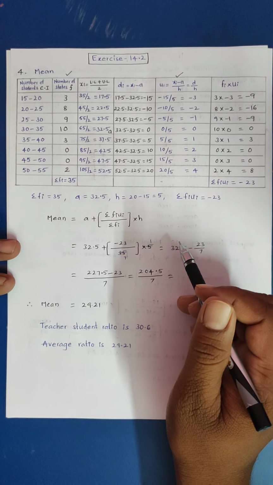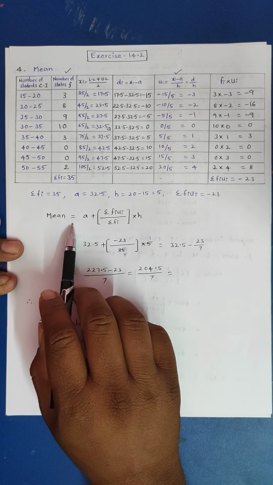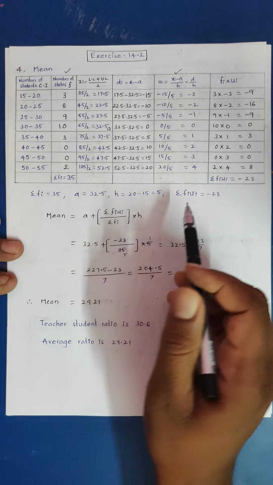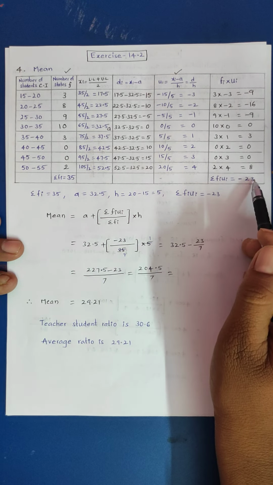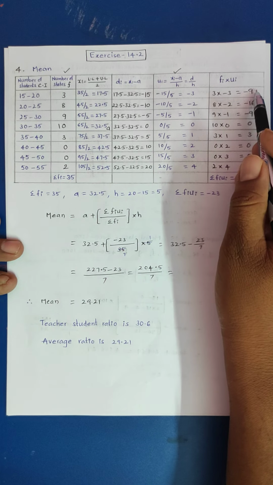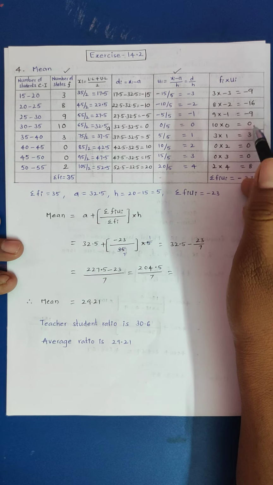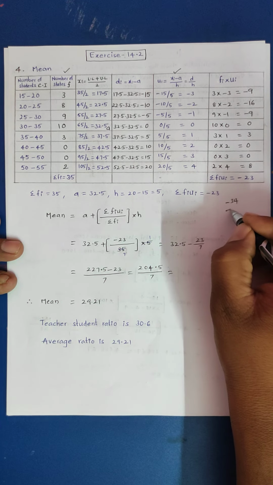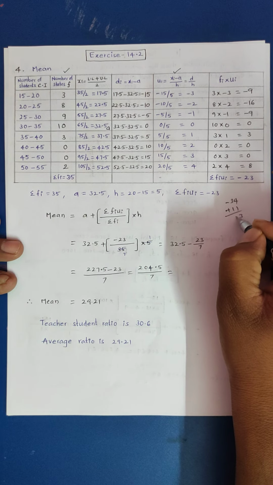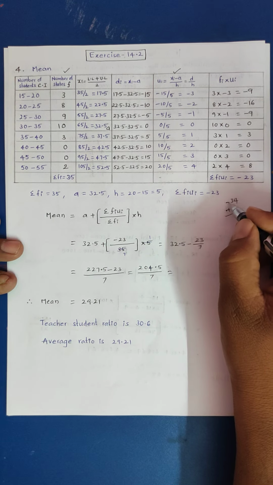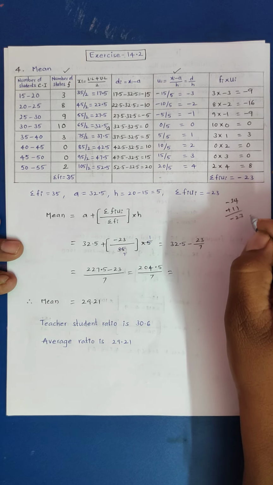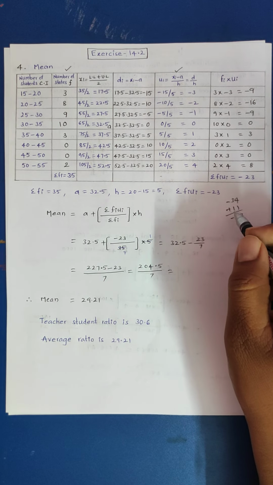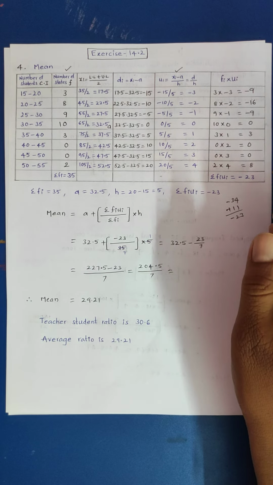Okay. Now, step deviation method: mean is equal to assumed mean plus summation of fi ui by summation of fi into h. I didn't write how we got minus 23. Check one time: 16, 9, 25, 9, 34, minus 34; 8, 3, 11, plus 11; 4, 1, 3, 3, 1, 2. The big number 34 is in front of minus, so minus 23. This is the shortcut. 34 plus minus 34 plus 11, we will get minus 23.